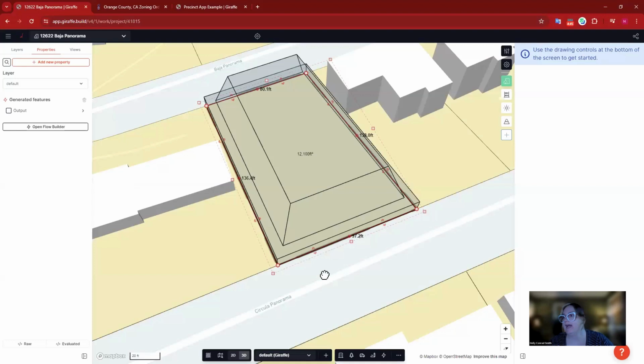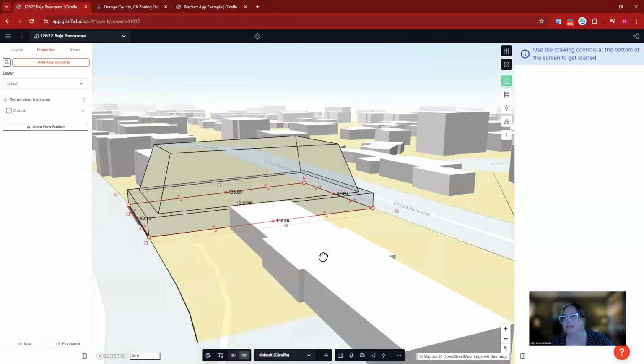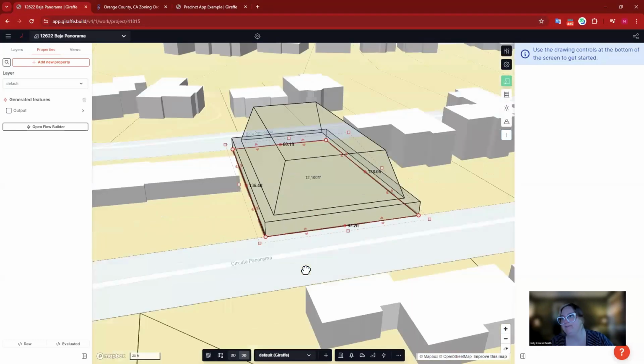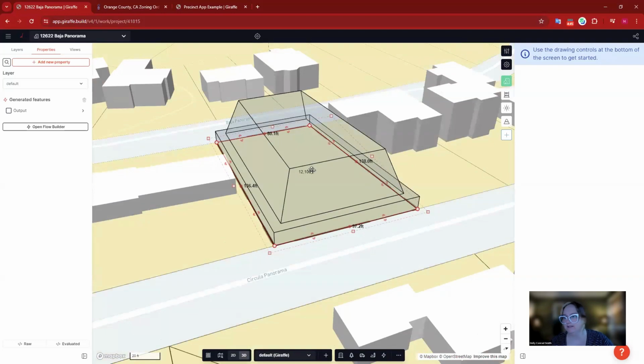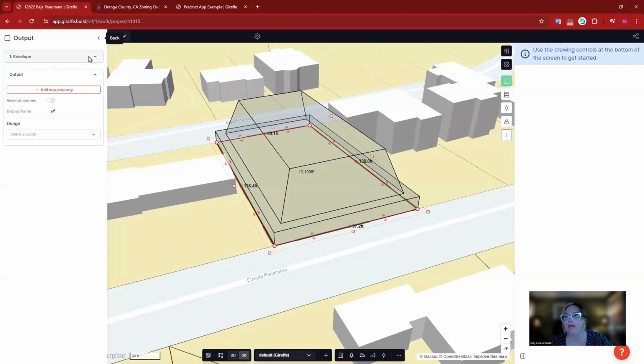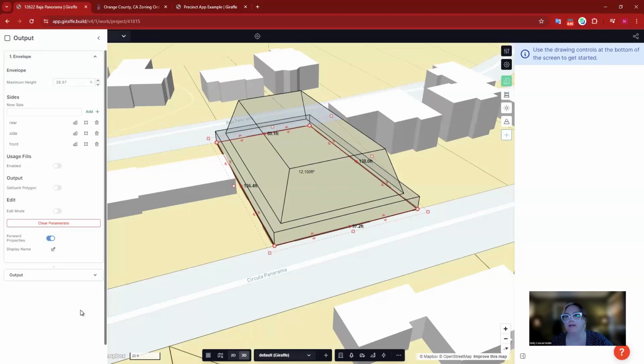So when I add that, immediately you can see it adds this default shape to the parcel. Of note, it does not at this time read the exact zoning code and create this. You do have to put in some inputs, but those inputs are now much easier to manage. So I'm going to go into my envelope settings, and I have this really cool